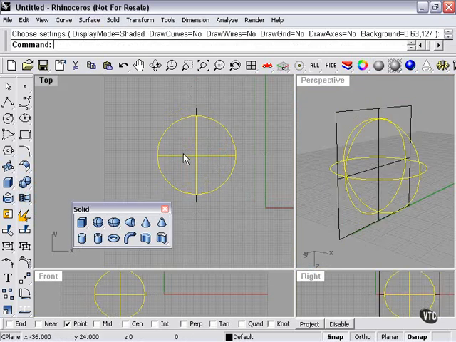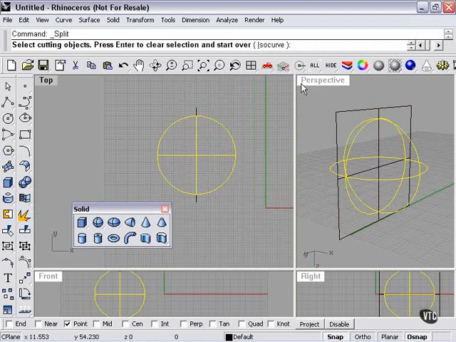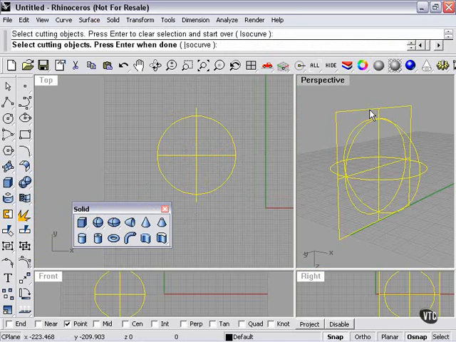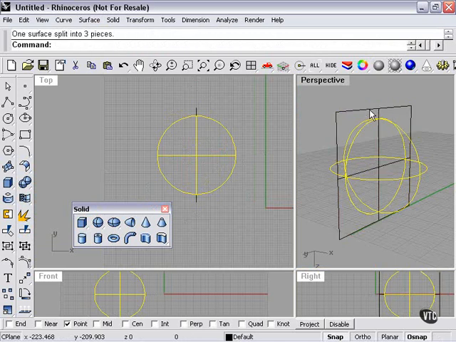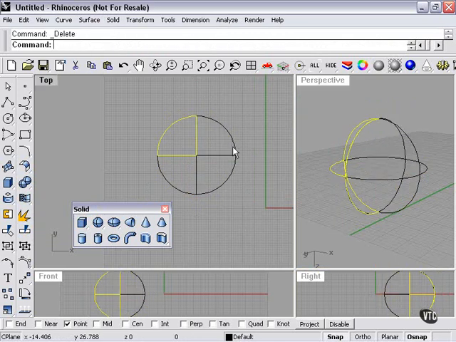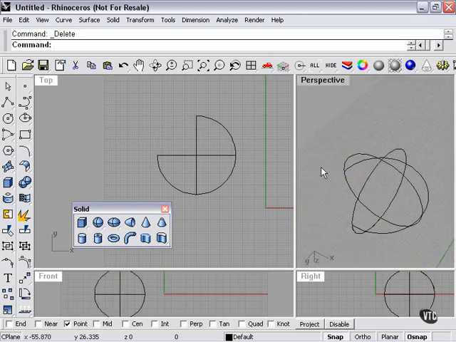So I select my sphere. I go to my split tool, which we'll be talking about more in another section. Now I select my cutting object, press enter. Now I can delete. As you can see, I can select different parts of my sphere because it's been split. Well, if I delete that chunk,